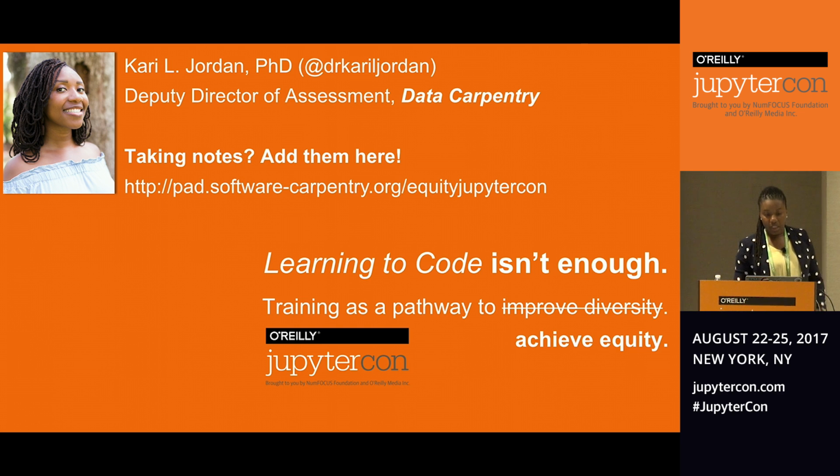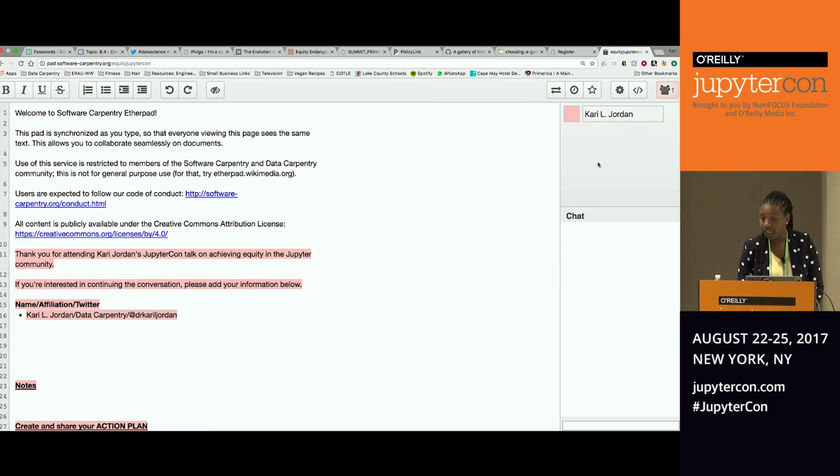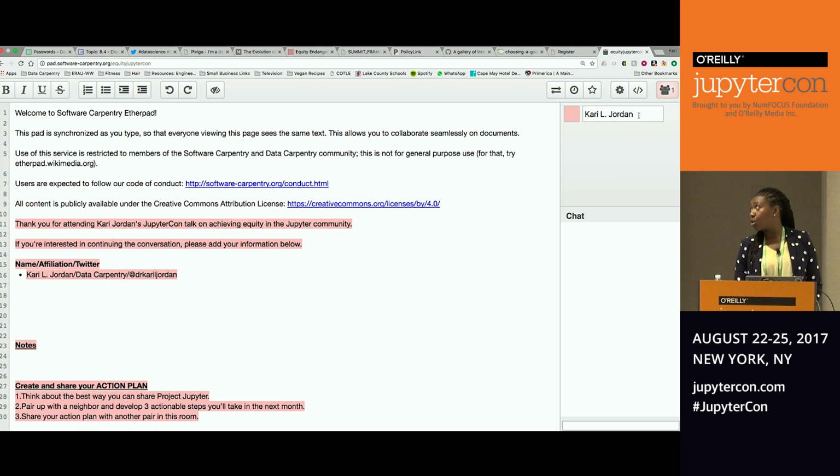If you've never used an Etherpad before, let me just show you really quick what it looks like, if the technology will be nice to me. It takes a minute? Okay, there we go. So it'll look like this. You need to put your name in the top right-hand corner, and it picks a color for you.